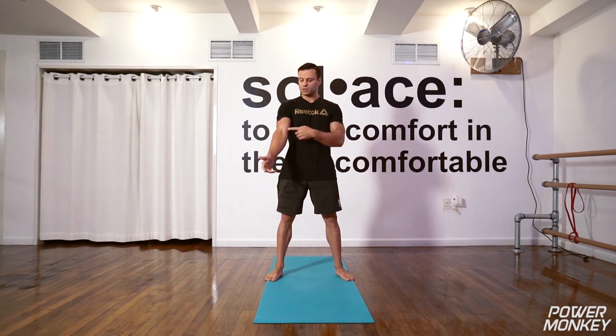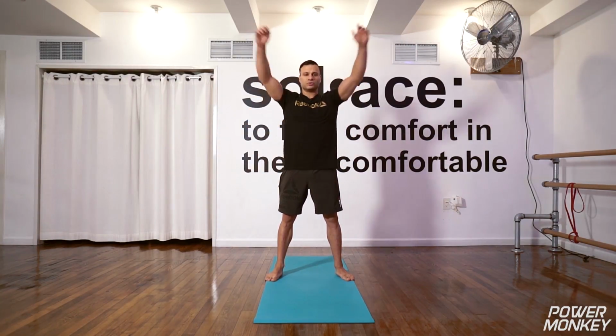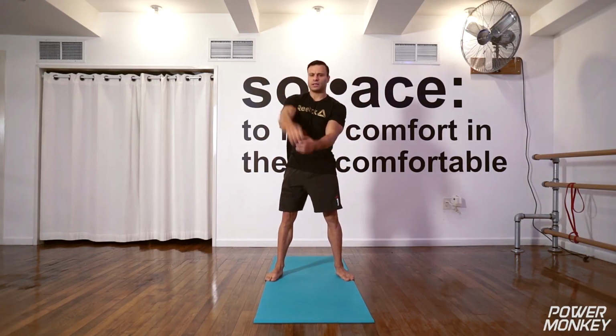Very easy to do. First, with just one single arm, you're gonna do 5 arm circles forward, and then 5 arm circles backward. After you do 5 and 5 forward and back on each arm, you'll do 10 forward and 10 back with both arms together, all right? We'll do that first. 5 forward, nice, easy, consistent swing, and other side,